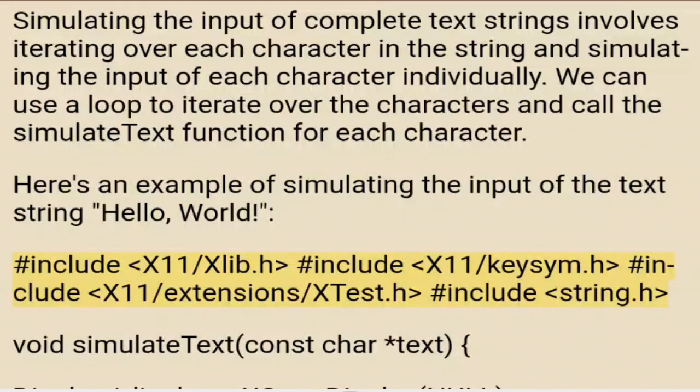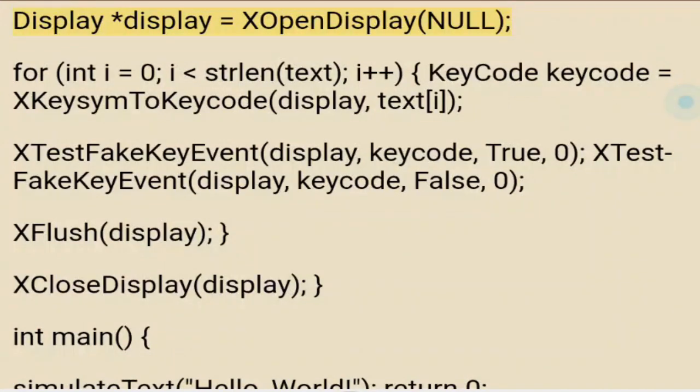#include <X11/Xlib.h> #include <X11/keysym.h> #include <X11/extensions/XTest.h> #include <string.h> void simulateText(const char *text) { Display *display = XOpenDisplay(NULL); for (int i = 0; i < strlen(text); i++) { KeyCode keycode = XKeysymToKeycode(display, text[i]);